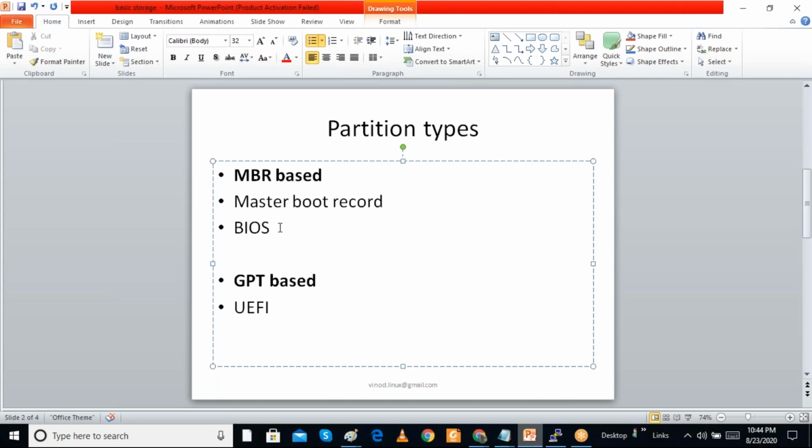Here we have a limitation of 4 primary partitions, and the maximum partition size is 2 terabytes. But newer systems use GPT based hard disks, with UEFI based firmware. With GPT based partitioning, they can create 128 partitions and sizes of more than 2 terabytes, very big sizes.